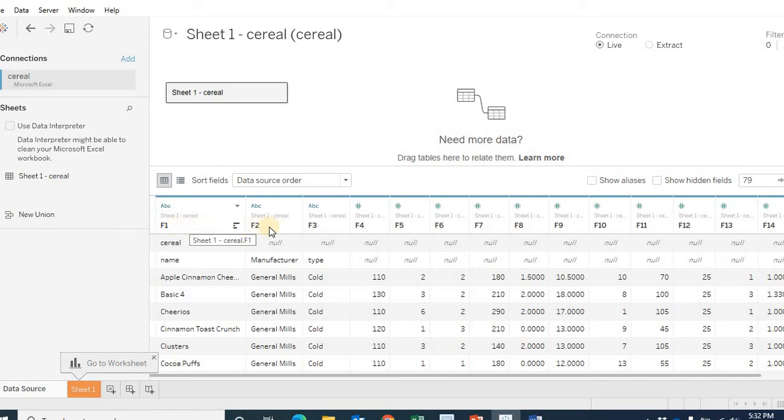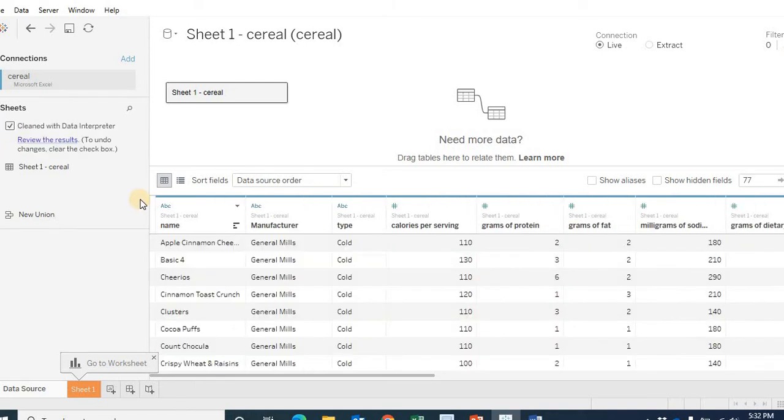Now, when I first connect to it, notice that we've got those F1, F2, F3 variable names, just the default variable names. And notice we've got a bunch of nulls in our first couple of rows. That's an indication we need to run our data interpreter. So I'll go ahead and do that. When I run the data interpreter, Tableau ignores a couple of empty rows up at the top,